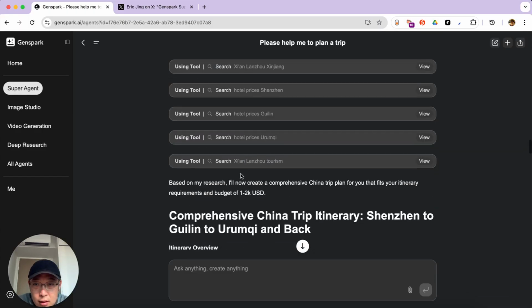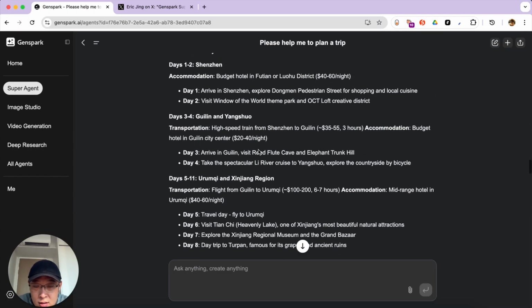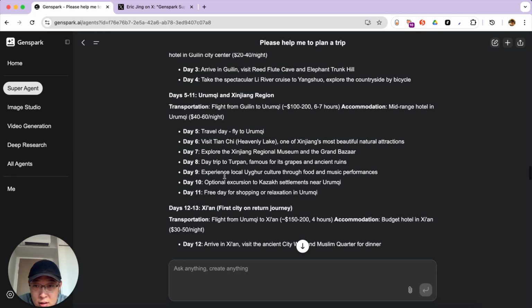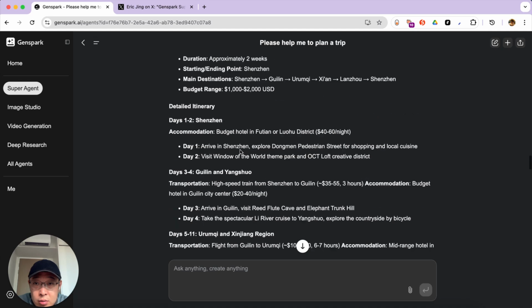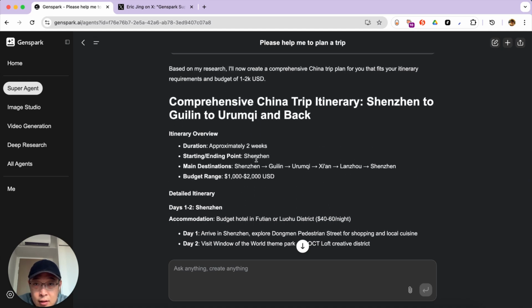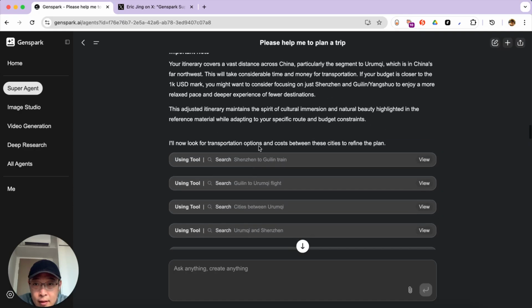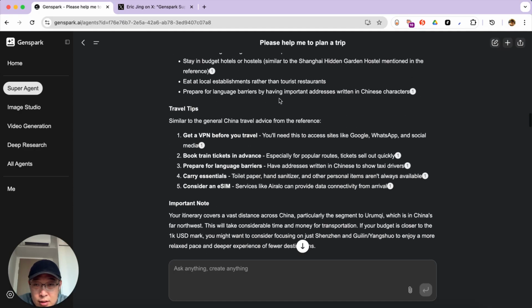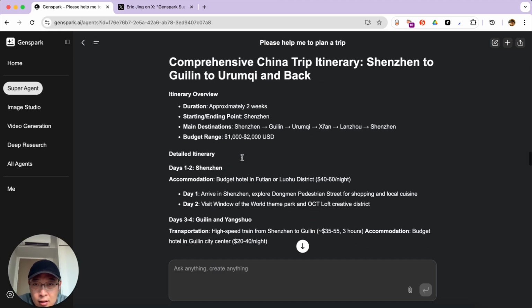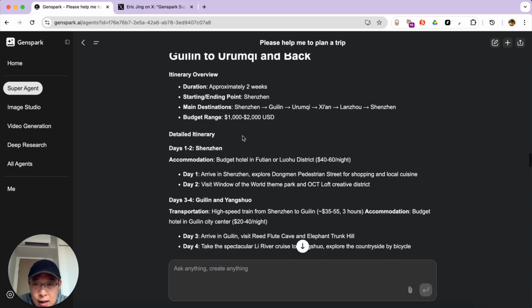This is just some intermediate steps, and this is the final output. Okay, this is confusing, because it looks like this is just a preliminary of thinking, and this is the comprehensive, the actual guide of the trip.